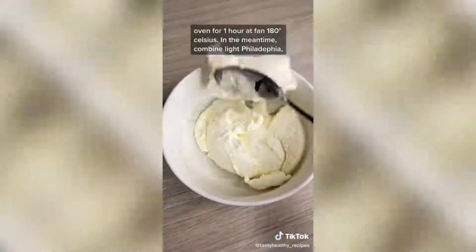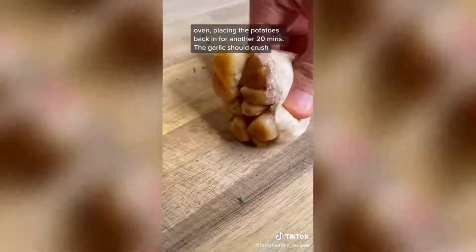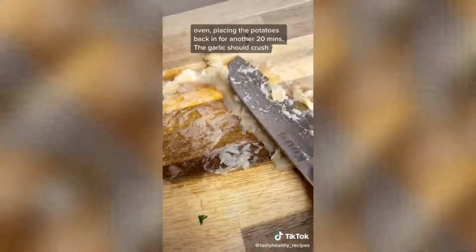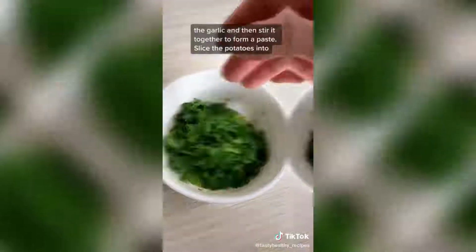180 Celsius. In the meantime, combine light Philadelphia, salt, pepper and sugar and give that a really good stir. Take the garlic out of the oven, placing the potatoes back in for another 20 minutes. The garlic should crush easily like this. Chop up some fresh parsley and then add that to melted butter with the garlic and then stir it together